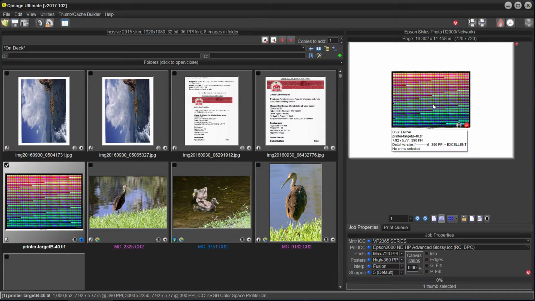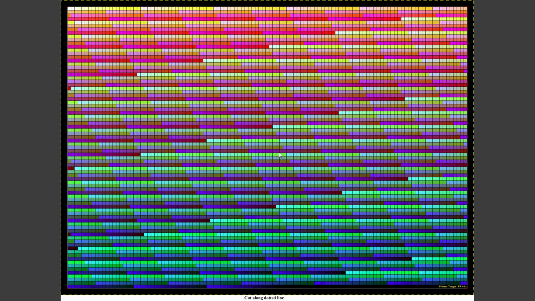Now we have to keep this. Why? Because this target is actually made for Profile Prism. It's a software that you make your own printer profiles using Profile Prism. So we scan this, and then we take the scanned image and we put it inside the software of Profile Prism. Profile Prism then begins to read these colors, okay? And as it reads the colors, it has to have the colors in the right place.